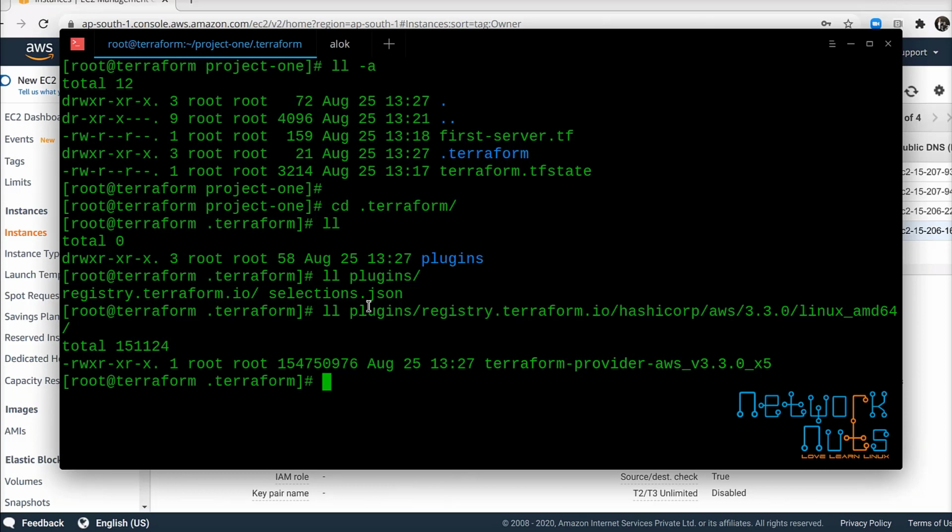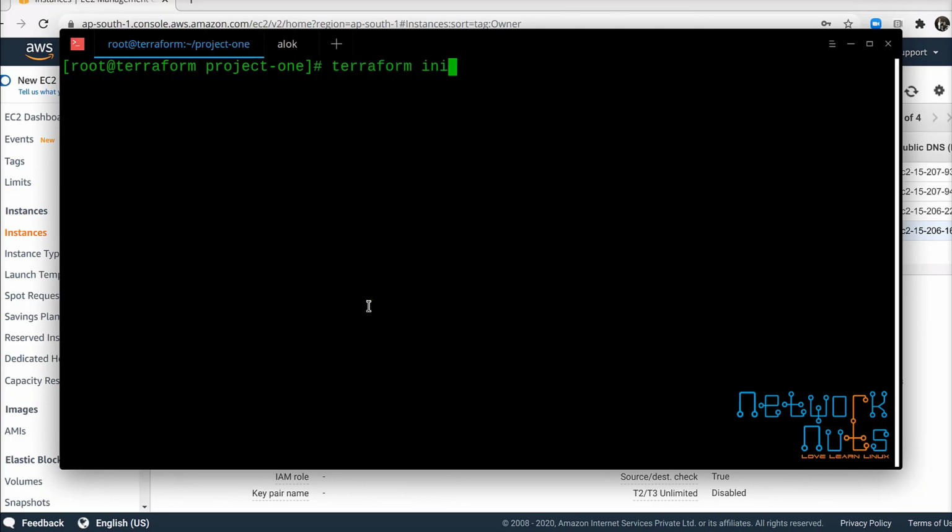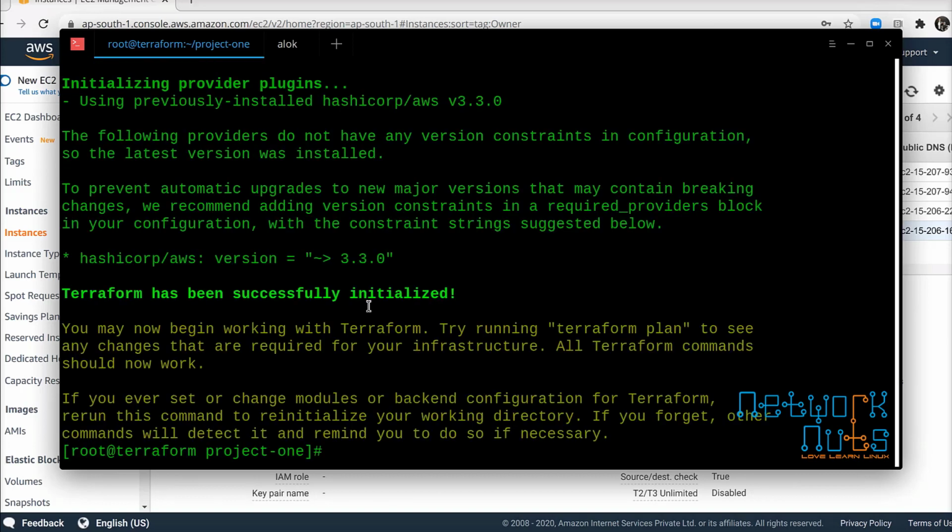If I now go to my project 1 and do a terraform init here, it is initialized.